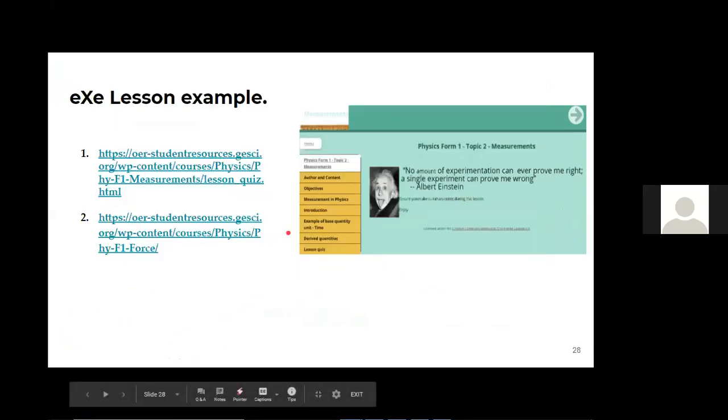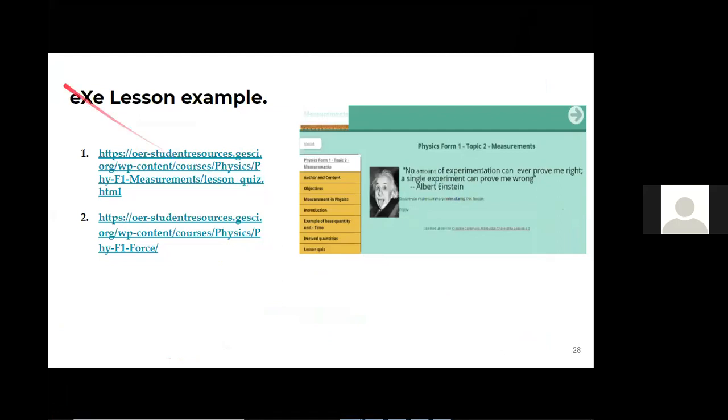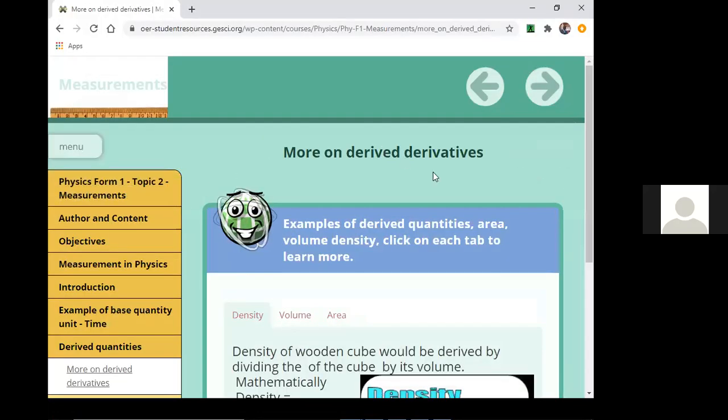Once you have done your lesson, you come up to something close to what I had already shown you earlier, the type of lesson that you have looked at. So once you package your lesson, it will look like this. You see the highlights. It will appear with these tabs here: author, content, objectives, measurement, introduction, all these. This is how the learner will be able to see the lesson.